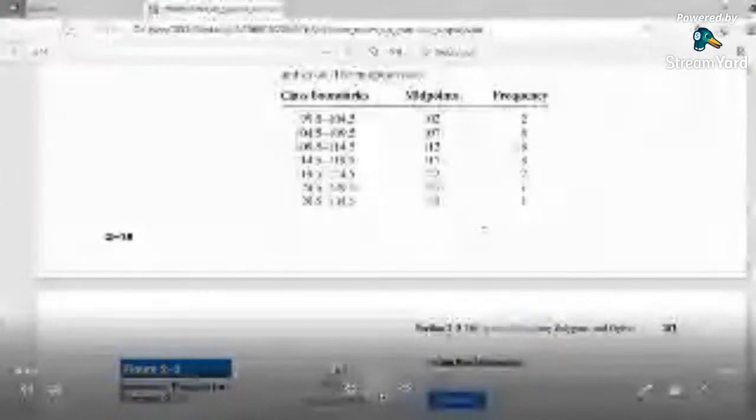Here they have also given the class boundary and cumulative frequency. Cumulative frequency means 2 plus 8, that is 10. Then 2 plus 8 plus 10, that is 28. Similarly, all the other cumulative frequencies are given as less than cumulative frequencies, and they have